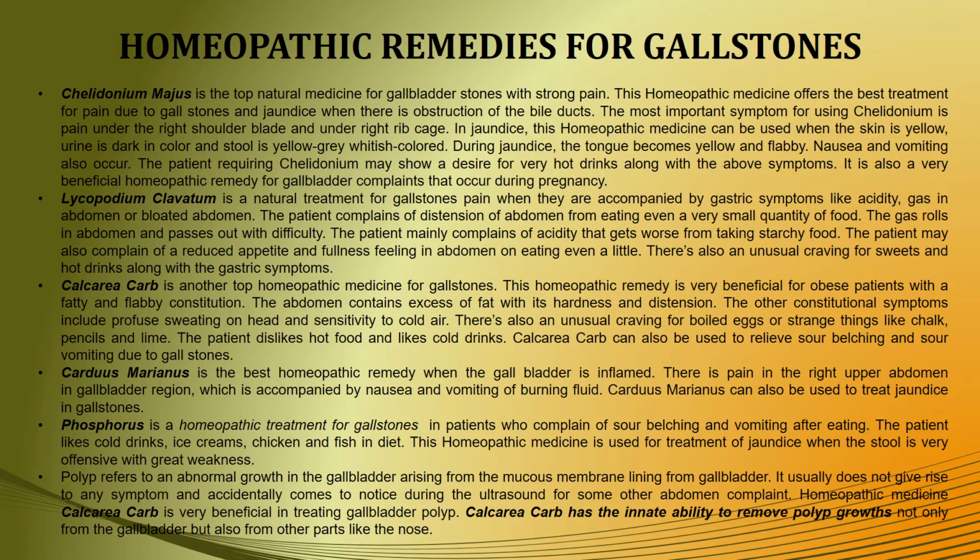Next up is Lycopodium clavatum. It's a natural treatment for gallstone pain when they are accompanied by gastric symptoms like acidity, gas in your abdomen, or a bloated abdomen. When a patient complains of